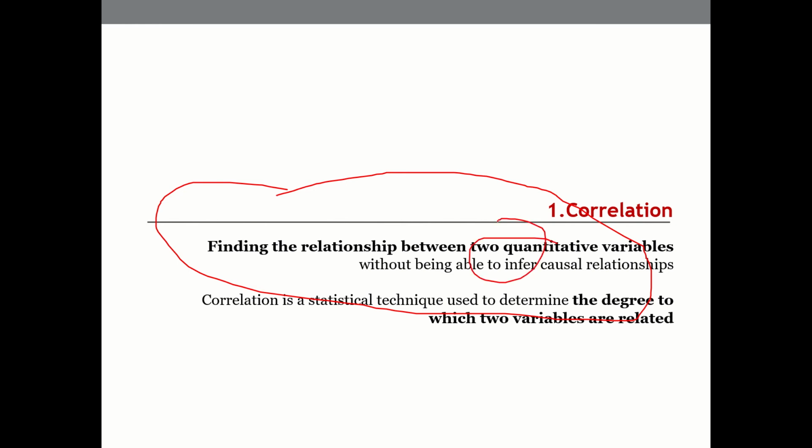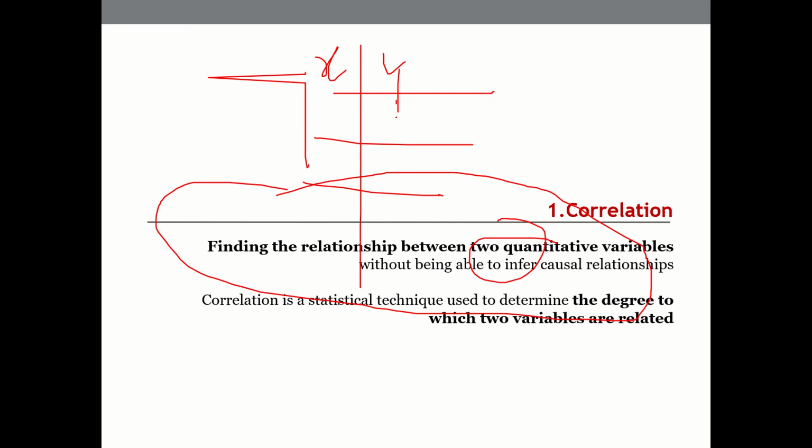For example, like I gave an example, age and weight, age and IQ, age and income. Is there a relationship between one variable versus another variable? Is there a relationship or not? If you have two columns of information and you want to know what is the relationship between one variable with the other, and what is the degree of relationship, there are two things.